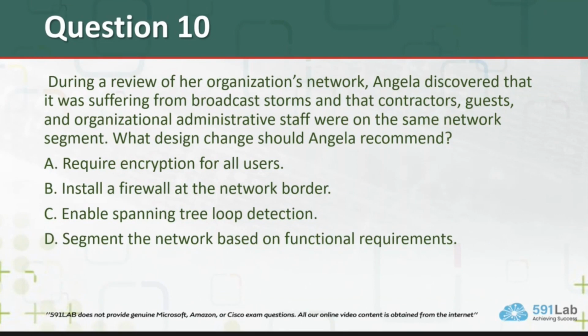So actually, network segmentation can reduce issues with performance as well as diminish the chance of broadcast storms by limiting the number of systems in a segment. This decreases broadcast traffic visible to each system and can reduce congestion. Segmentation can also help provide security by separating functional groups who don't need to be able to access each other's systems. So also, installing a firewall at the border would only help with the inbound and outbound traffic, not cross-network traffic. Spanning tree